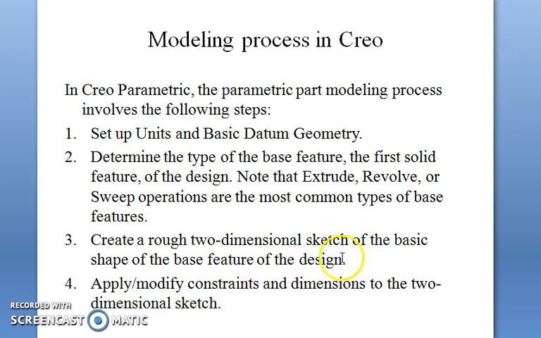Before extruding or revolving, we need to create a two-dimensional rough sketch, a base sketch. And then after applying it, we need to modify its constraints and dimensions. We need to draw the drawings according to our dimensions, whatever the length, whatever the height. According to our drawing dimensions or the design dimensions, we need to dimension our two-dimensional sketch, and we need to constrain it. Constrain means whether a line is perpendicular to a different line, whether it is parallel to another line, whether there is to be a tangency or cylindricity. All these constraints can be given in a 2D sketch.